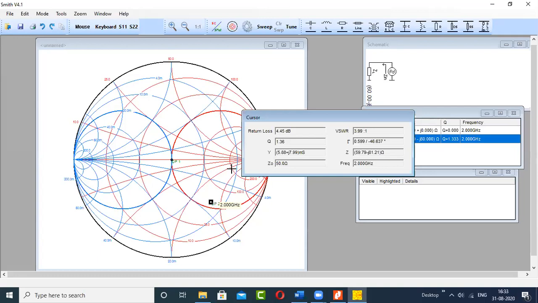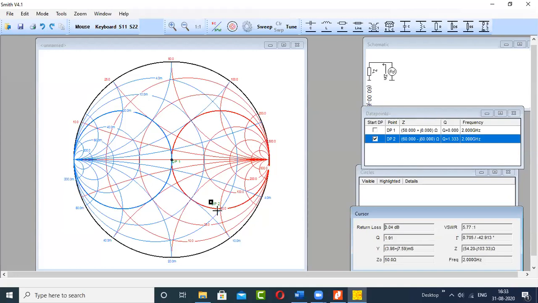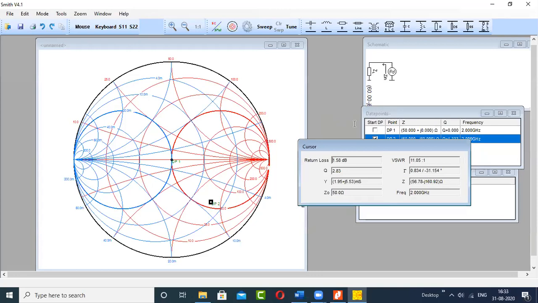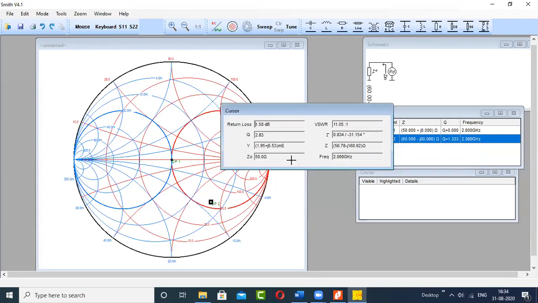Okay. Next, you have to plot the SWR circle. For that, either you should calculate the SWR, or you can read the VSWR from here. In this window, this VSWR figure is appearing. What you have to do is simply move the cursor to the load impedance, not the reference impedance, because if you place the cursor at the center of the Smith chart, SWR is always going to be 1, which is the ideal case.